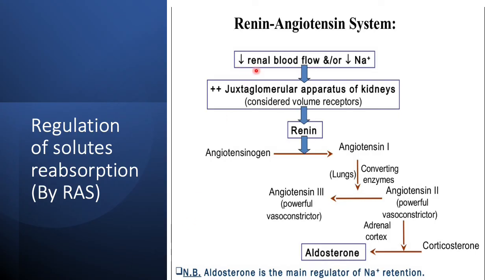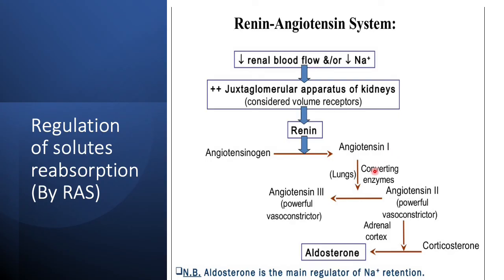Very briefly, how it works: when renal blood flow is decreased, or renal sodium concentration is decreased, the juxtaglomerular apparatus senses that and starts secreting renin from the juxtaglomerular cell. This renin acts on angiotensinogen and converts it to angiotensin 1, and when this blood full of angiotensin 1 passes through the lungs, in the presence of the angiotensin converting enzyme,